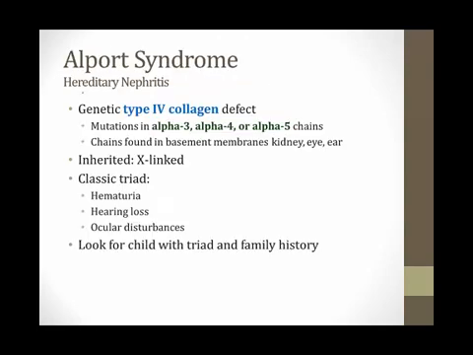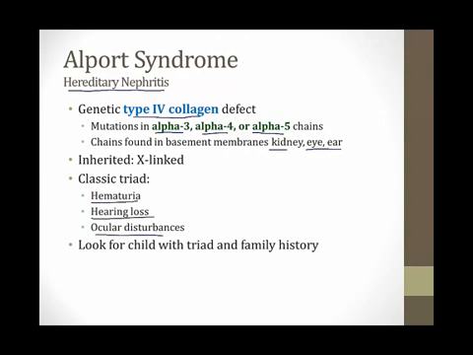Our final cause of the nephritic syndrome is very rare. It's called Alport syndrome. It's also called hereditary nephritis. This is a genetic disorder that involves a type 4 collagen defect. Children born with this condition have genetic mutations in the genes that code for the alpha 3, alpha 4, or alpha 5 chains of type 4 collagen. And those chains are found in the basement membranes of the kidney, but also in the eyes and in the ear. For this reason, children with Alport syndrome have a classic triad of hematuria from nephritis, as well as hearing